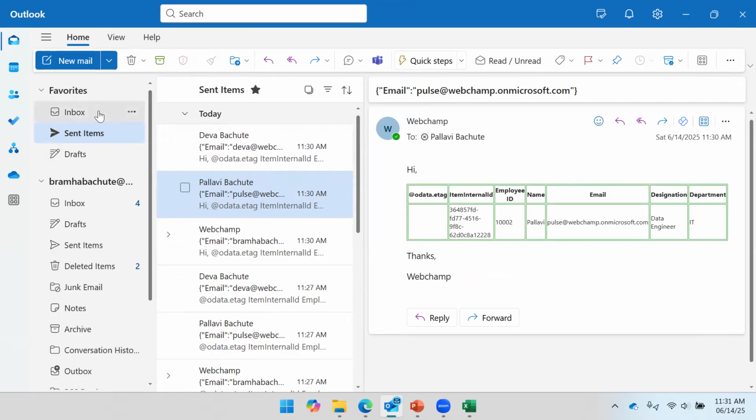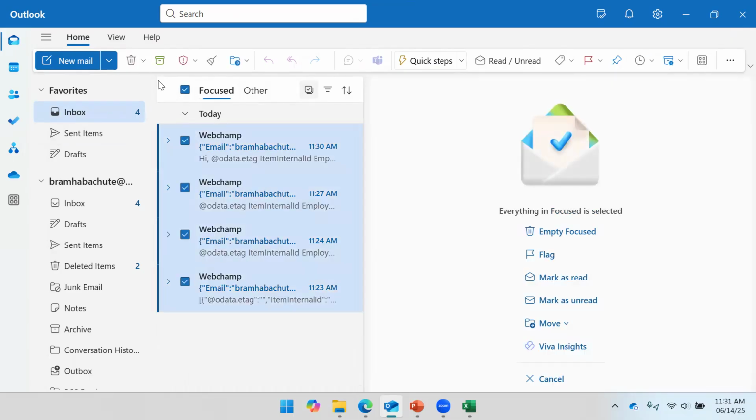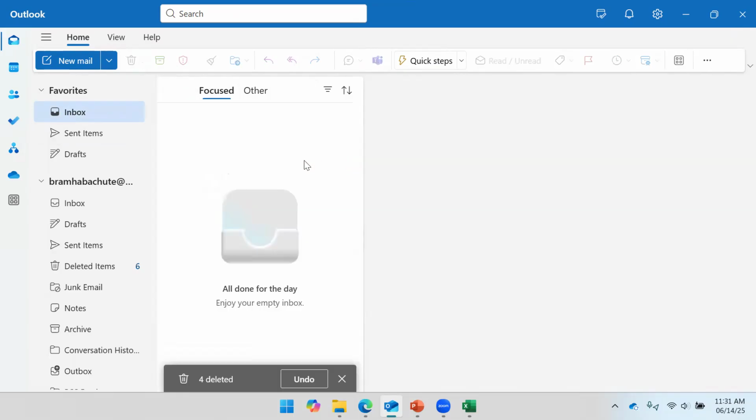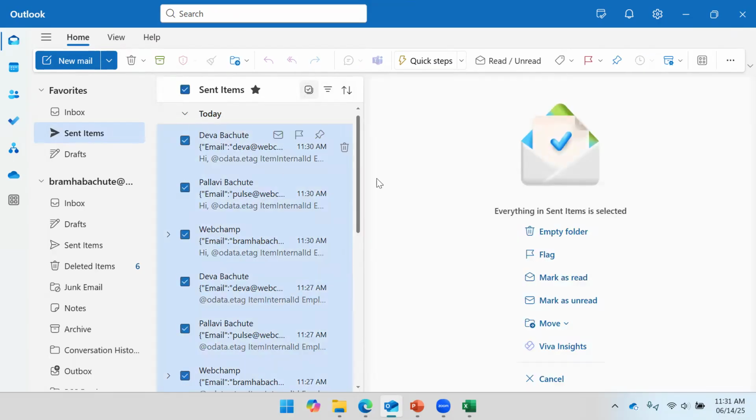Okay. So this is how you will be able to send data from a table, which is filtered based on the email ID